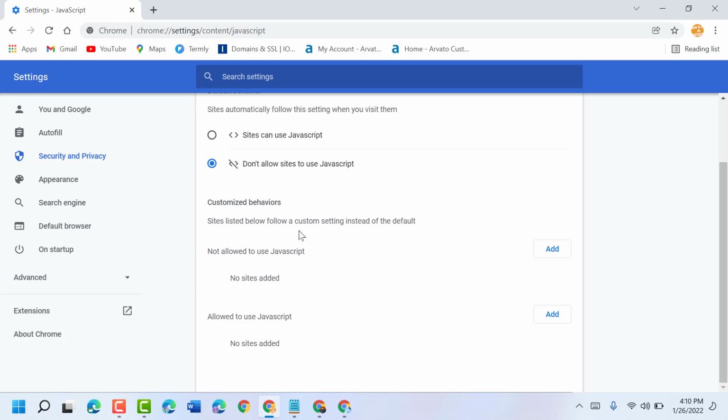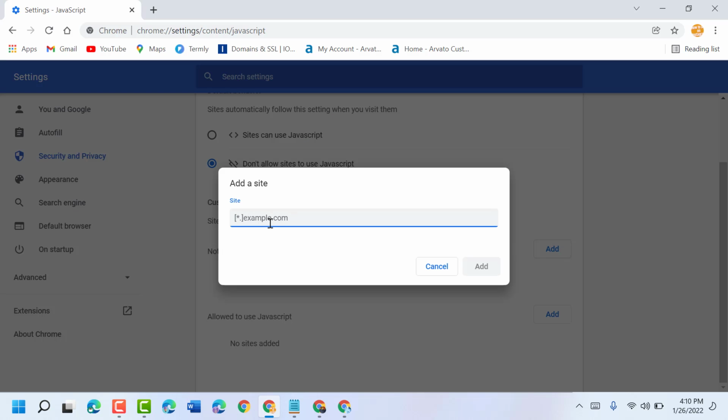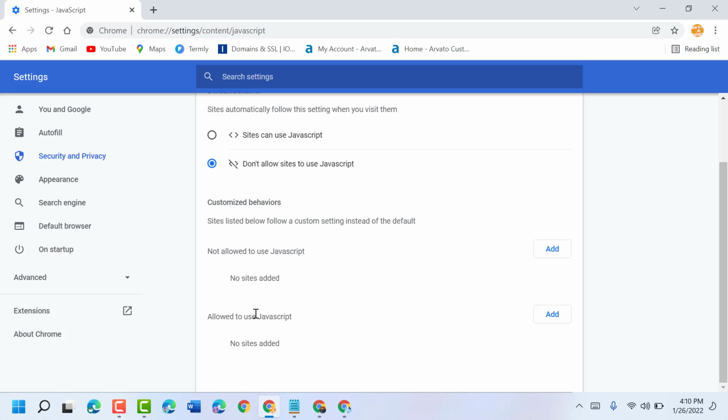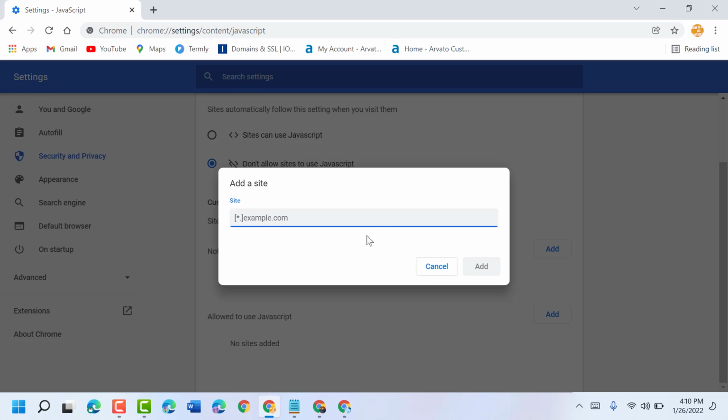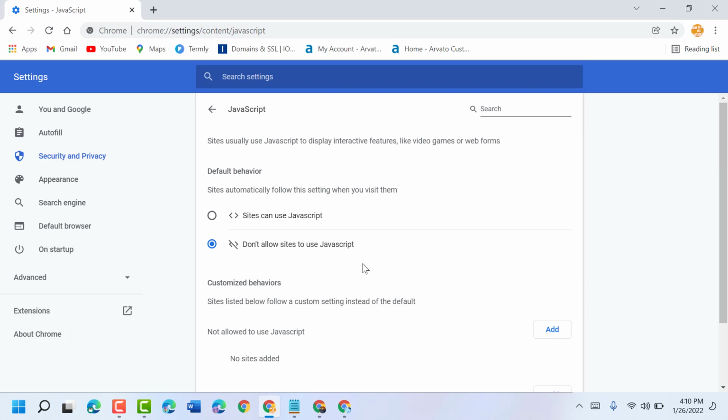And also guys, here are some more options you can add and you can remove. So if you don't want to allow any specific website to use JavaScript, click on add and give the website name. And guys, if you want to allow JavaScript in a specific site, click on add. So this is the way guys you can enable and disable